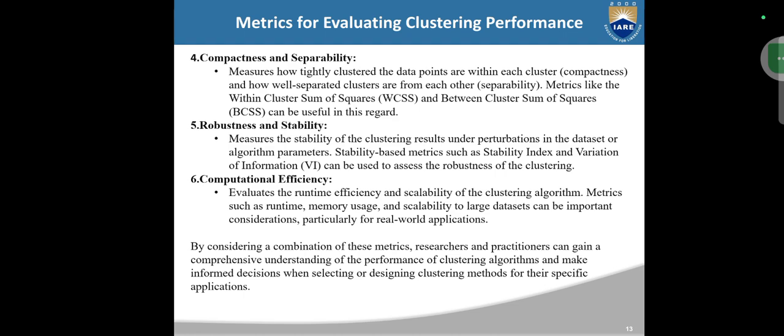Compactness and separability measure how tightly clustered the data points are within each cluster and how well separated clusters are from each other. Metrics like the within cluster sum of squares and between cluster sum of squares can be useful in this regard. Robustness and stability measure the stability of the clustering results under perturbations in the datasets or algorithm parameters. Stability based metrics such as stability index and variation of information can be used to assess the robustness of